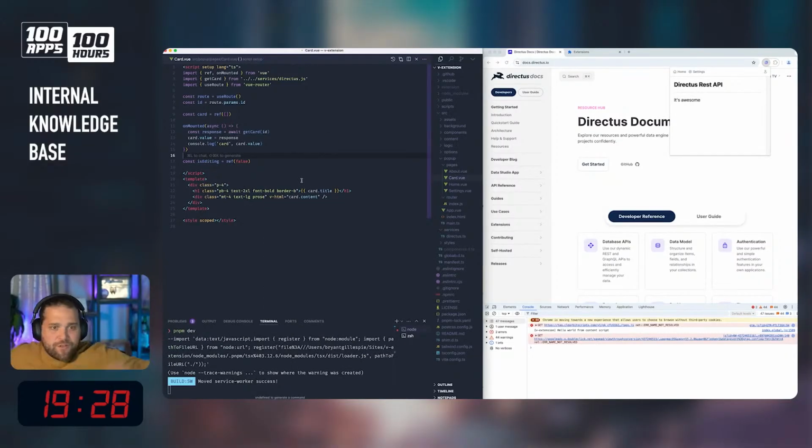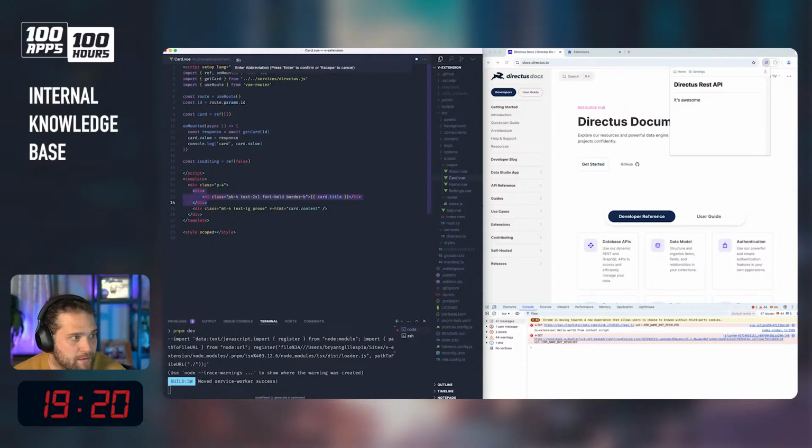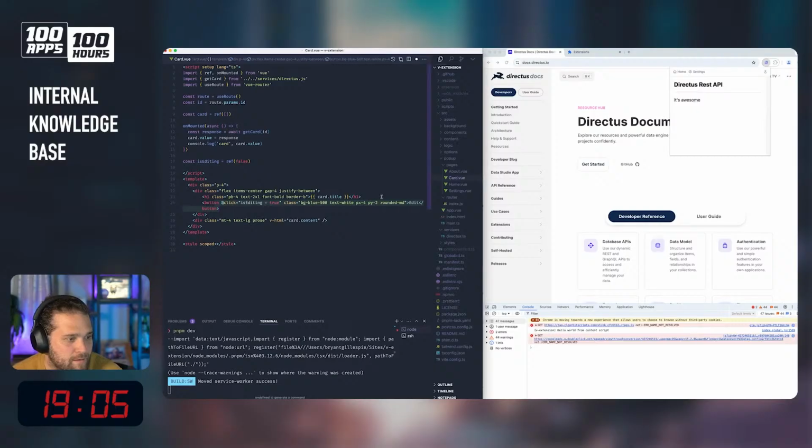Okay. All right, so now we have our content. We can view this. Let's add a button to edit this thing, right? Flex, items-center, gap-4, we'll just say justify-between, and then we're going to add a button. Okay, we can edit this card. That's cool. The border will move here. Cool. All right, and if we edit this,